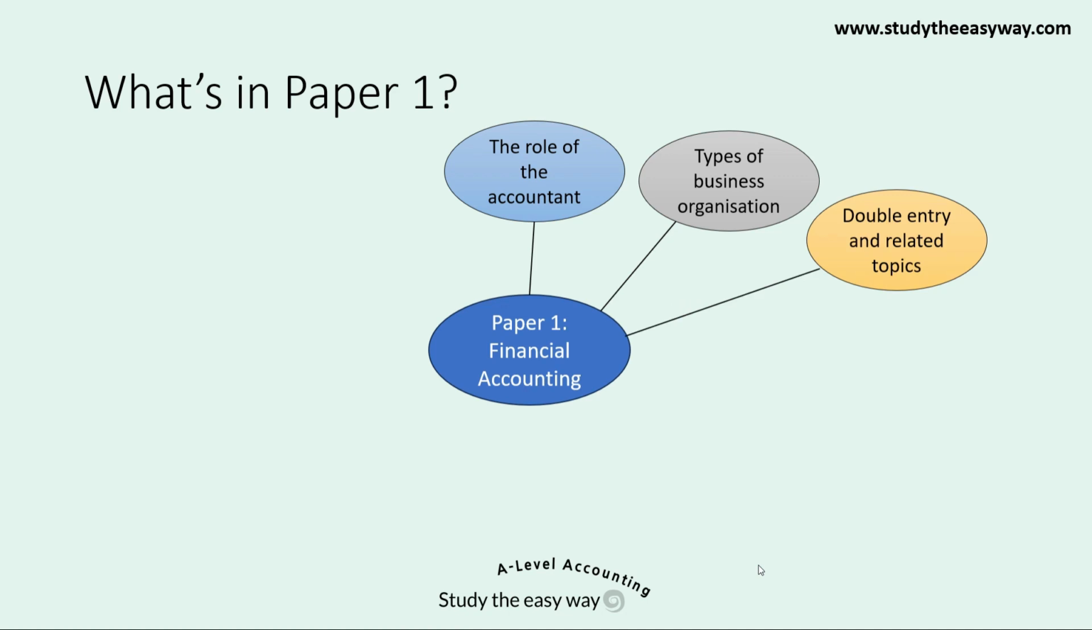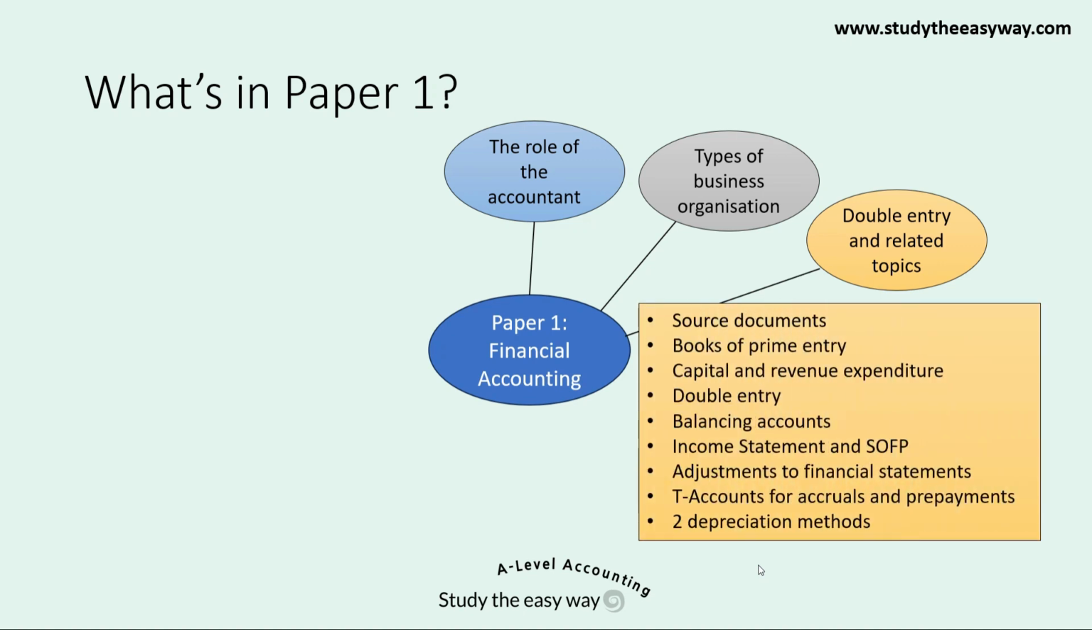Next is double entry and related topics. There's a lot in this area, so make sure you don't miss anything. You need to be able to list the source documents used to update the accounting system, and to name and use the 6 books of prime entry which are updated with information from the source documents. You'll need to know about cash discount and trade discount and how each is accounted for. You'll need to be able to distinguish between capital and revenue expenditure, explaining the impact of each on the financial